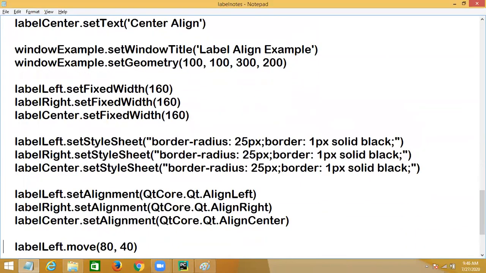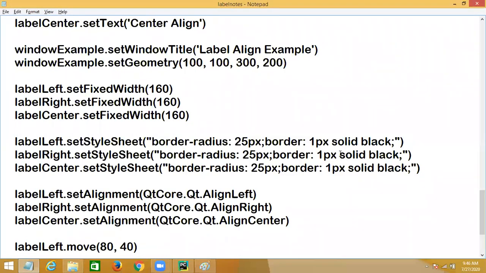And even you can define the style. Style means, suppose you want rounded corners, or you want the label to have a border. So you can write label left dot set style sheet. Style sheet is similar to what you do in CSS. Border radius 25 pixels, and even you can define solid black, and if you want dotted you can define dotted.